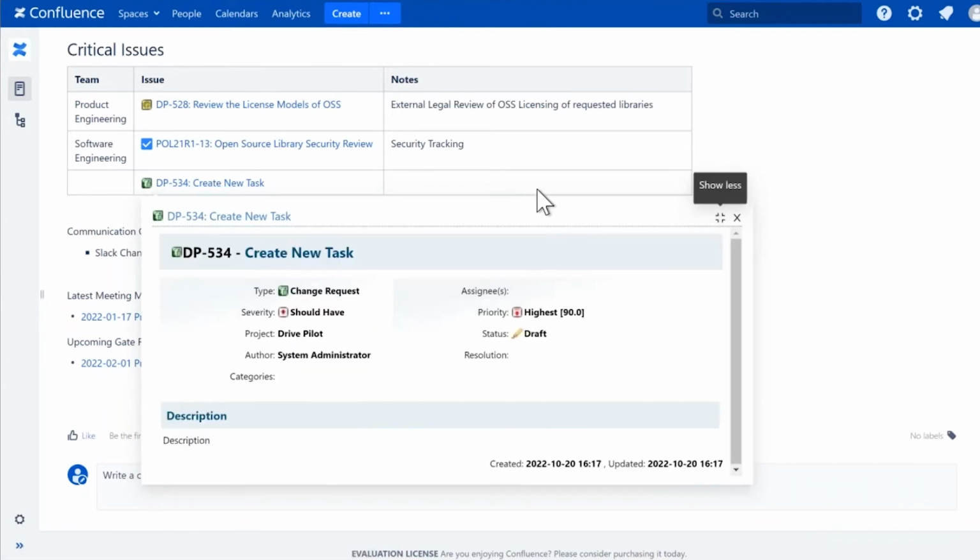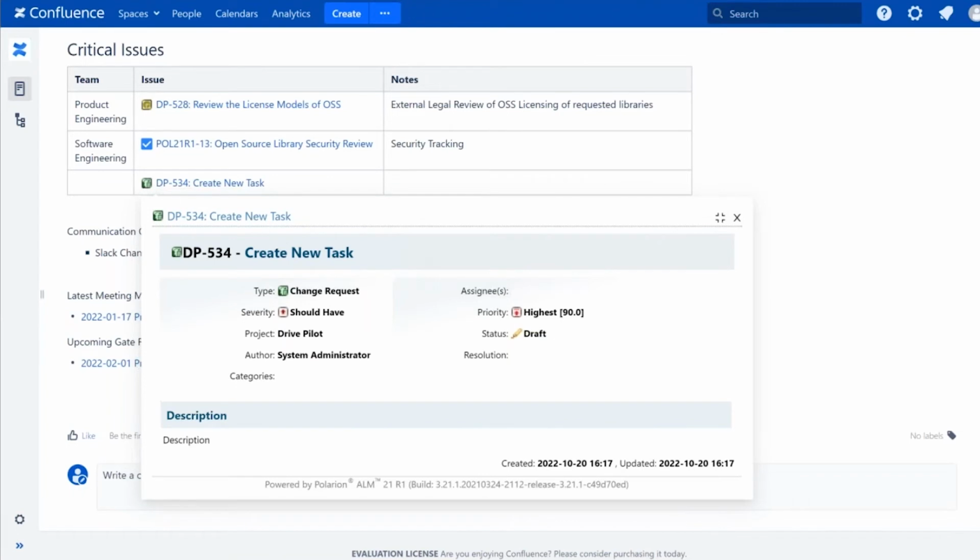So the next day when somebody looks through the meeting minutes, they're going to see the status of these artifacts. They're going to see when they've been updated. They're going to see the contents. If they need to navigate over to make a change or a comment, they can do that just as quick as hitting that navigation link and going over to modify those artifacts. So it provides a great way to interact between those elements and allows us to control how somebody might interact with our Confluence and Polarion systems.